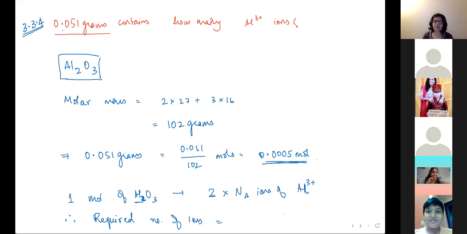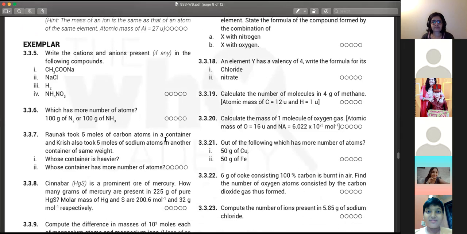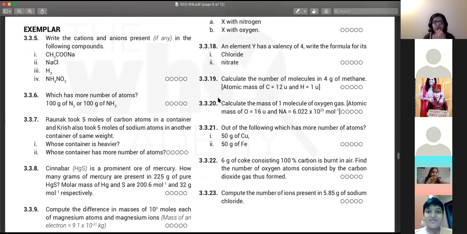Cool. So going to the next problem then. Identifying cations, anions, do you guys want to practice? So in CH3COONa, which is the cation, which is the anion? Na is the cation and CH3COO is the anion. Whenever you're identifying cations and anions, write it or call it as Na plus and CH3COO minus. Don't leave it alone as Na like that. Okay.